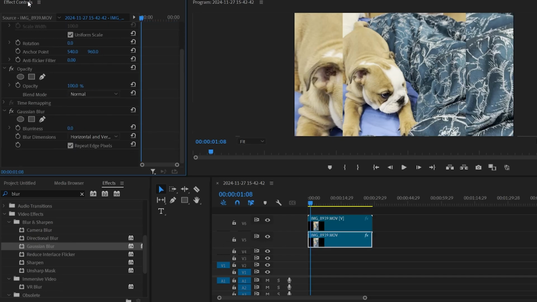So we're going to drag this over to the video clip like so. So all we need to do now is come over to effects controls and scroll all the way down to the bottom. So now we have the options to change this blur effect, and then all we're going to do is increase the blurriness to around about the number 35. You could increase this more if you want, but for me 35 works well. And there we have it. We now have our video fully